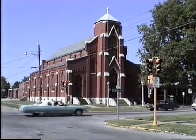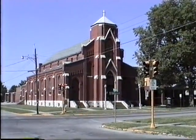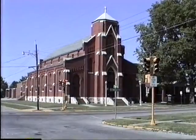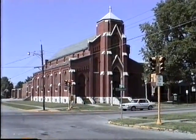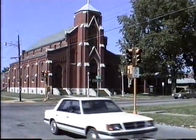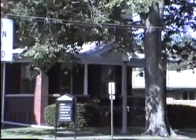Well, first of note, of course, going west on Broadway is Immaculate Conception Church. I've caught all the traffic and all of the power lines, but this is still the best shot. And next door